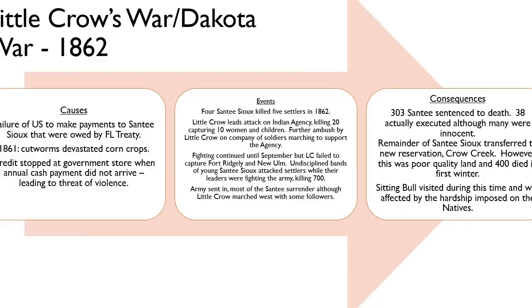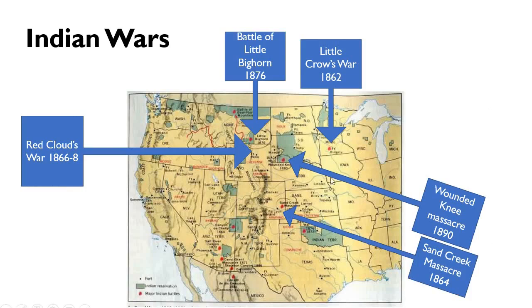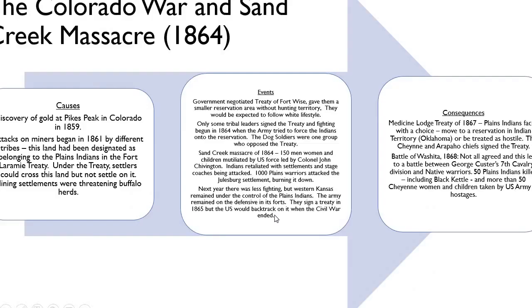So, if I get back to my original map here, we've got Little Crow's War up over in the northeastern area of the plains. The Sand Creek Massacre, miles and miles away down in the south, involves the Cheyenne and Arapaho tribes. In 1859, gold had been discovered at Pikes Peak in Colorado. This led to a massive gold rush to Colorado, and conflict, unsurprisingly, between the settlers and the Plains Indians because